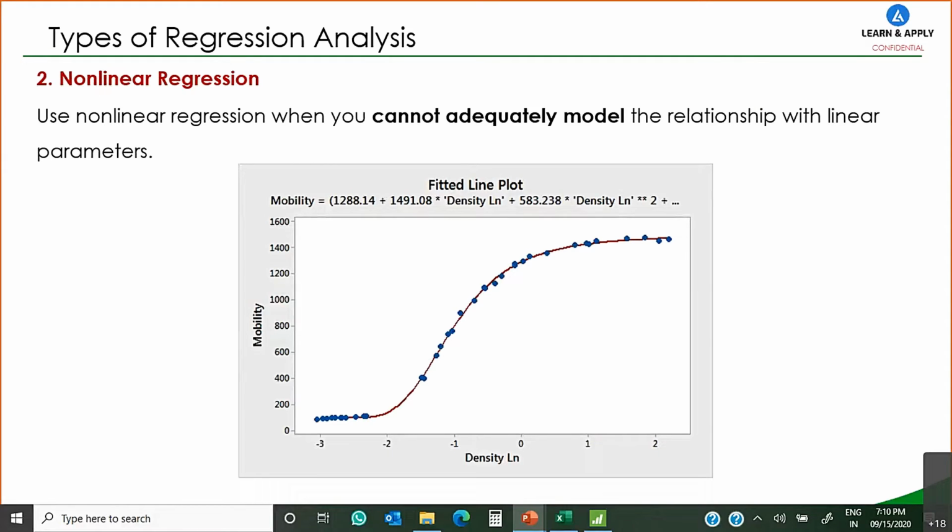If you are interested not only in a linear relationship between the variables, but you want to go into much more detail, like in many chemical industries, where we want to identify the result of an exact chemical reaction. A linear equation is, we can say, of 1 degree, right? Now if you want to go to 2 degree, 3 degree, 4 degree, 5 degree or 6 degree, a polynomial equation, then in that case we have to use the nonlinear equation. Again, it has limited use and is mainly used in the chemical industries.